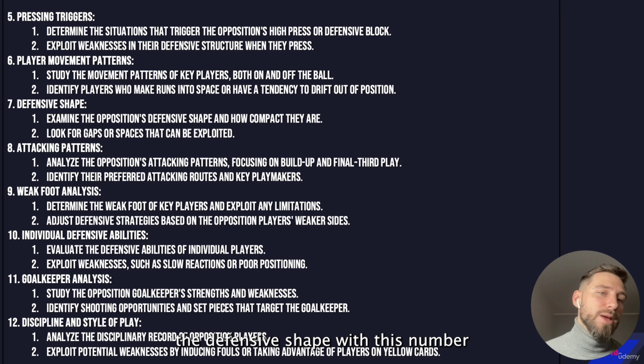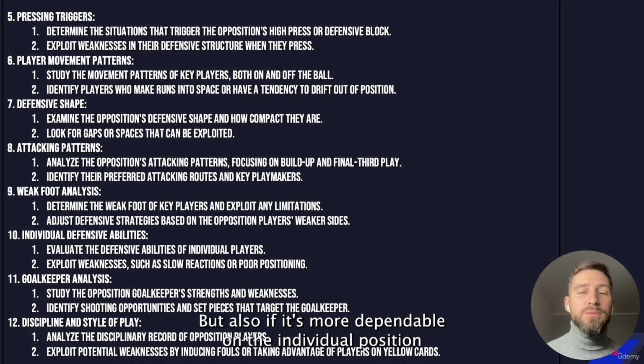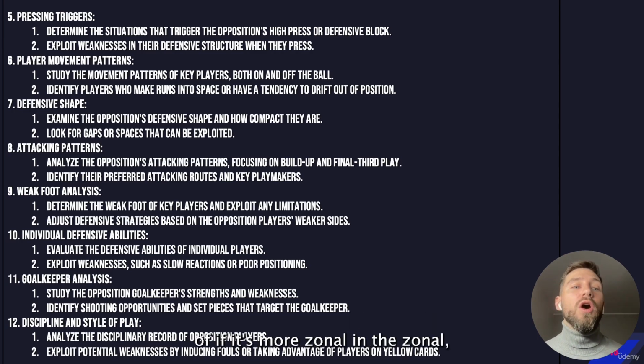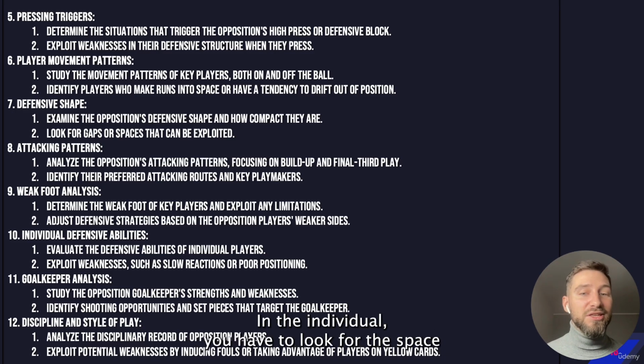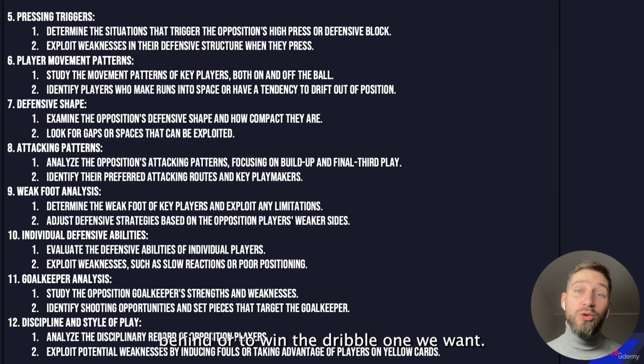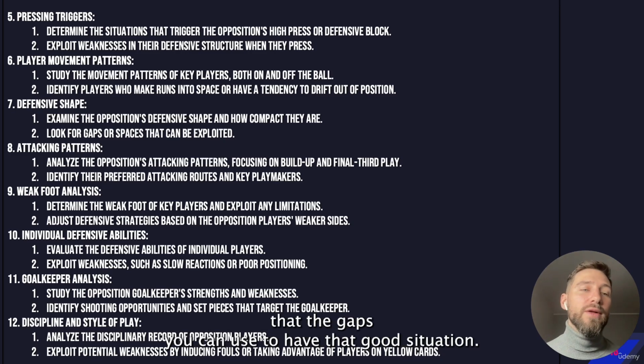The defensive shape, which is number 7, can show you what you can do in positional attack. It's formation based, but also whether it depends more on individual position, or if it's more zonal. In zonal, you will have a little more space in between the lines. In individual, you have to look for the space in behind, or to win the dribble 1v1. So it's very important to know the defensive shape of the opponent and the gaps you can use to have